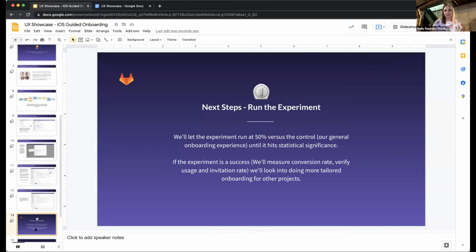So the next step we're going to do with this is run this as an experiment. So 50% versus the control, which is our general onboarding experience with users building for iOS. And then we'll run this until it hits statistical significance, thinking like 2 months, I think is what we were saying. Now, if this experiment is a success and we'll be measuring conversion rate, verify usage, and invitation rate, we'll